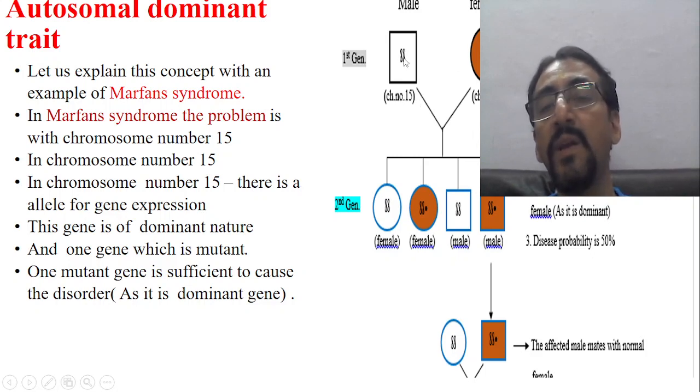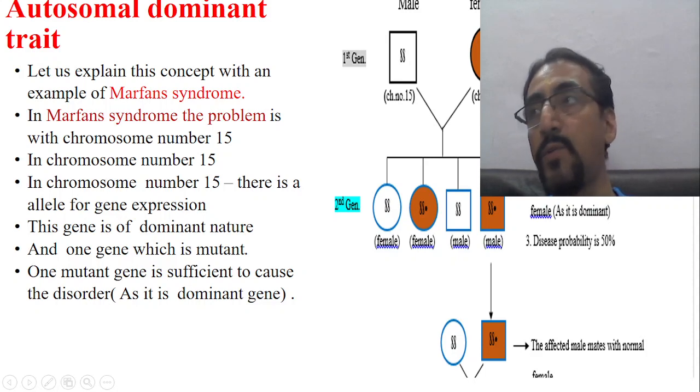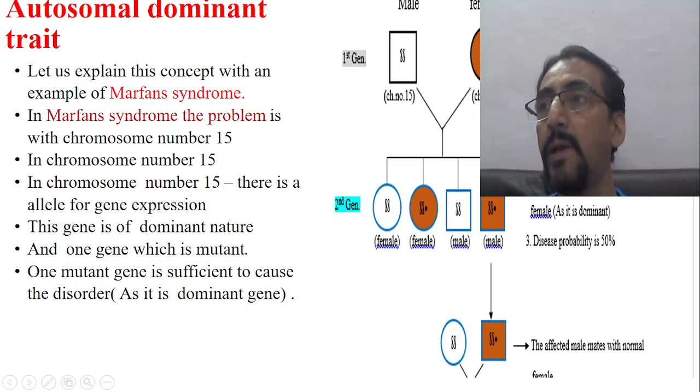Chromosome number 15 of the male is normal, and in chromosome number 15 of the female, out of the two genes present in the allele, one is mutant. And we know that if one is mutant, that is sufficient to cause the disease. This is male and this is female. Now, if they marry together,